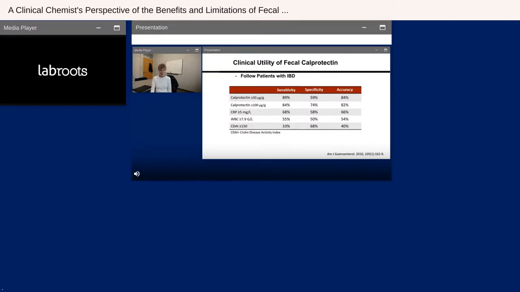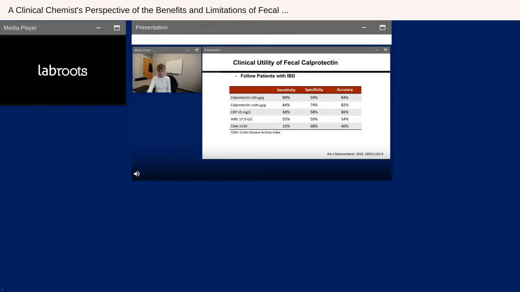And if you compare it to other things that are typically used to follow these patients, here are some metrics on sensitivity and specificity. Using calprotectin above the cutoff for normal or maybe borderline, you can see that the sensitivity is pretty good for picking up a flare in inflammatory bowel disease. Once again, the specificity isn't so great, but that's because of all the things that we just talked about. People can have inflammation present in their GI tract for a variety of reasons, and